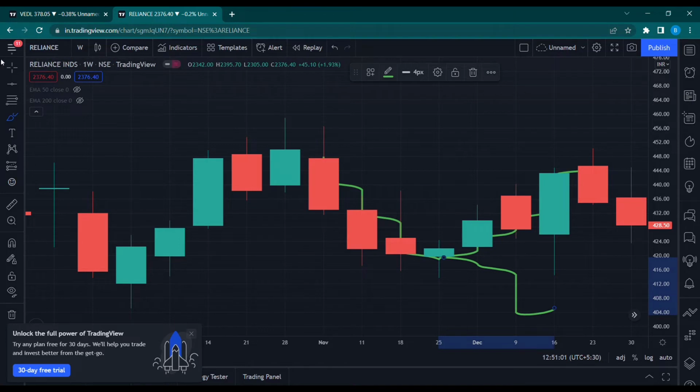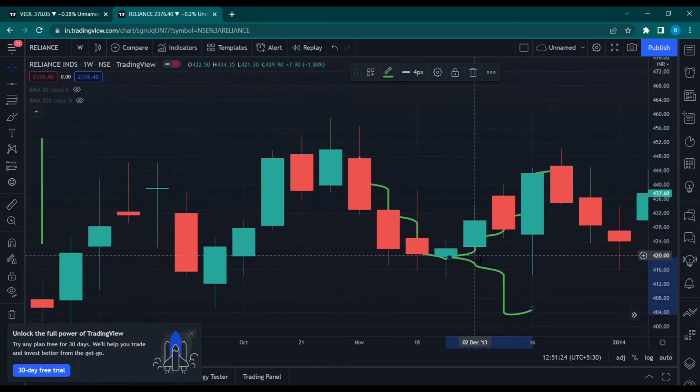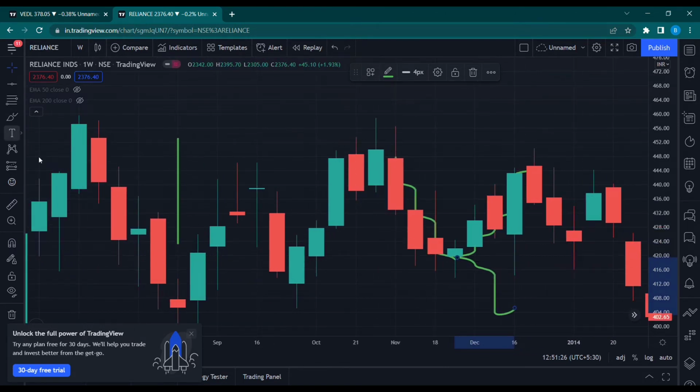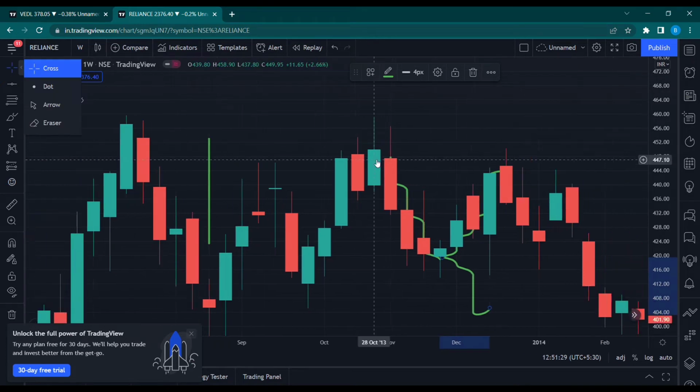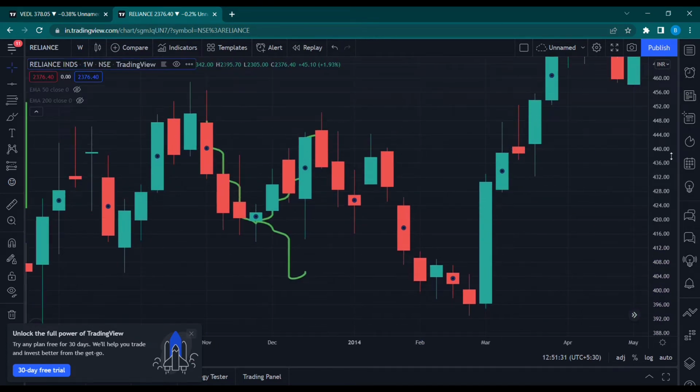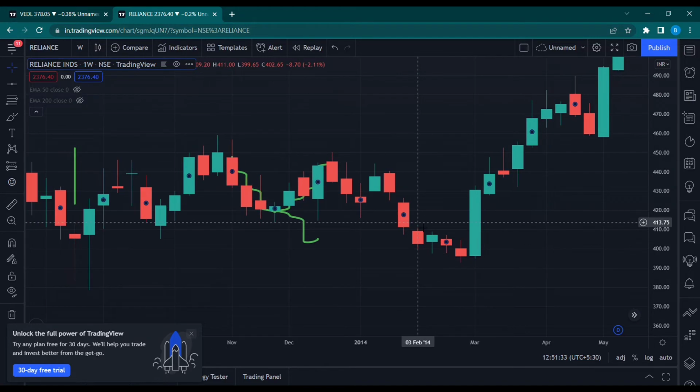Again I am saying, if you see a doji forming at a support, do not go for a buy trade, because this only indicates indecision. It does not tell you anything about the direction of the prices, right? So we have to wait for a confirmation. In this case, this is kind of a morning star, and then we see the prices going up, right? I hope you have understood the basic candlestick patterns and the psychology behind them.